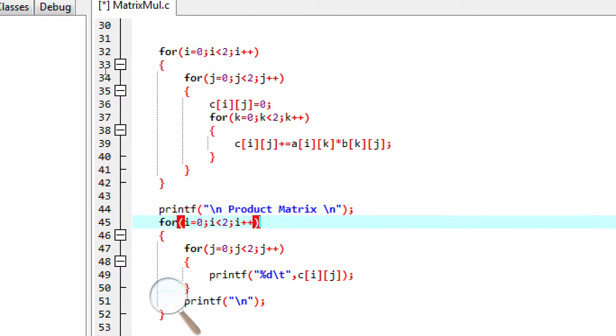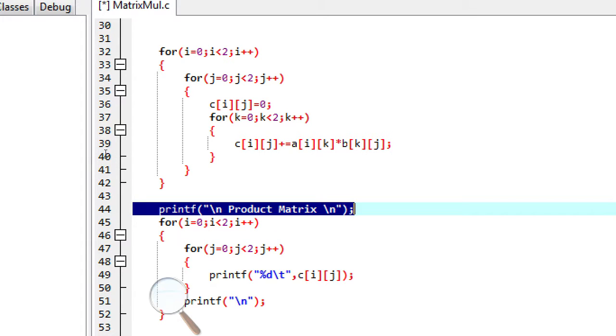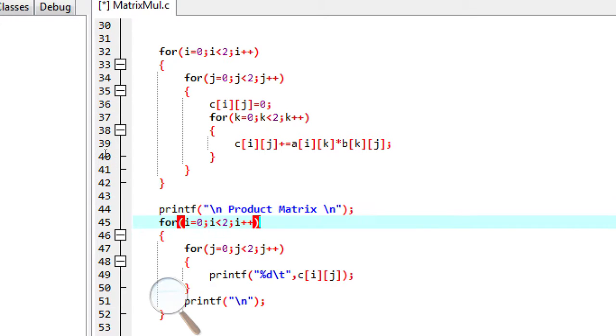Now to print the values for matrix C we will write another for loop. Therefore we will print the product matrix. Within the product matrix we write the first for loop, that i is equal to 0, i is less than 2, i plus plus.